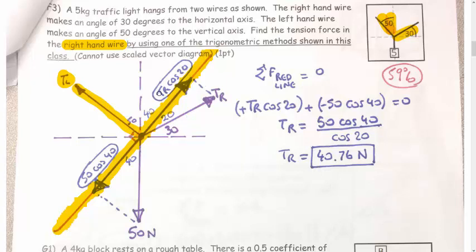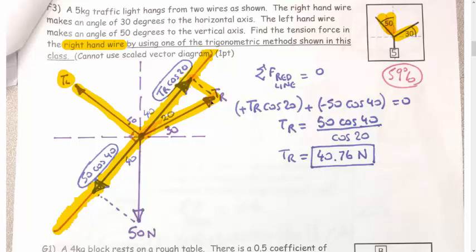And I can then do what I always do, which is resolve my forces along this line. There are two forces that have components along this line. T right has a component along this line, and I can construct that by making my triangle and recognizing that T right is always the hypotenuse. The original vector is always the hypotenuse, and we have an angle of 20 degrees between what I want and